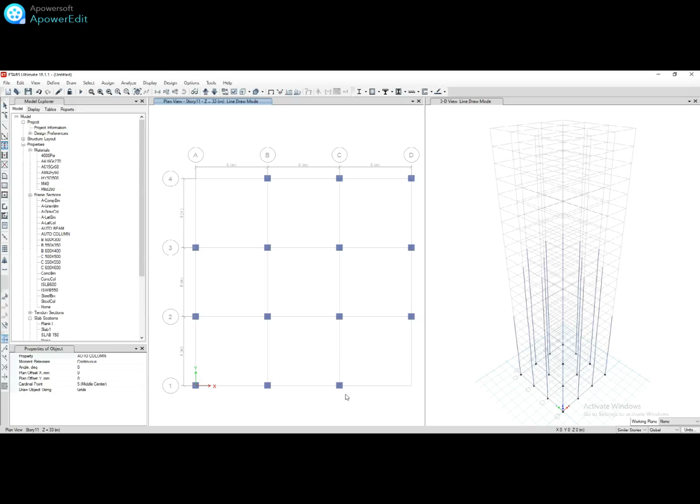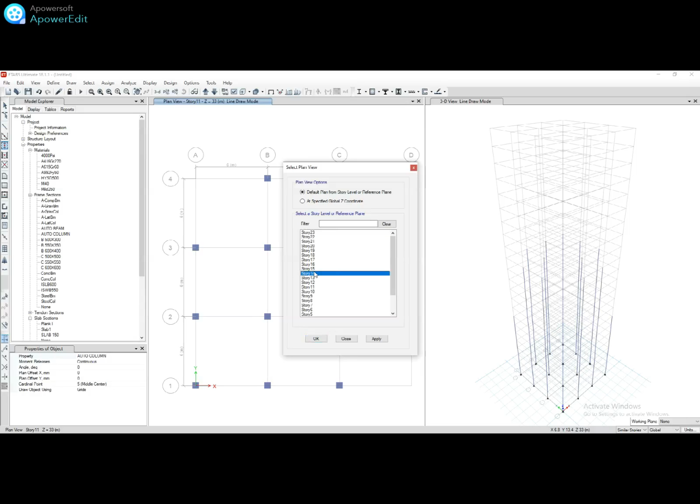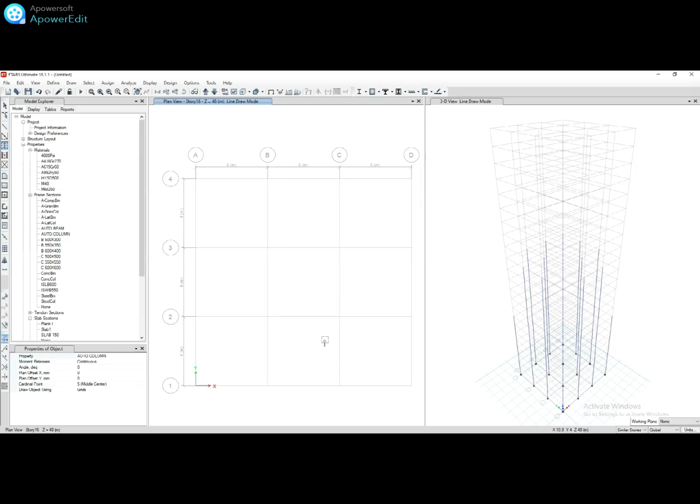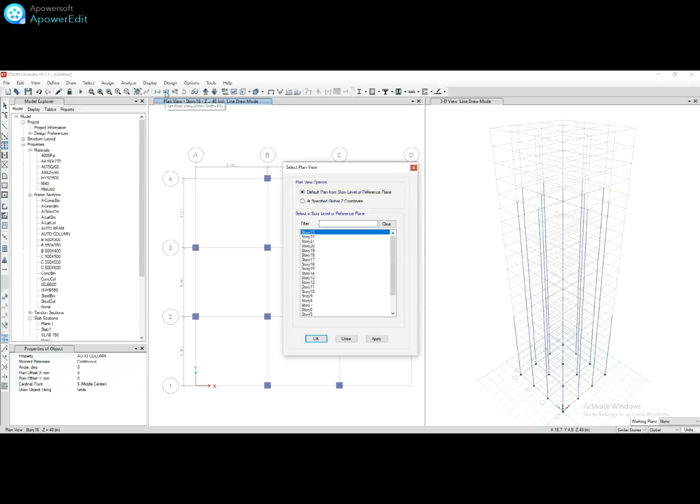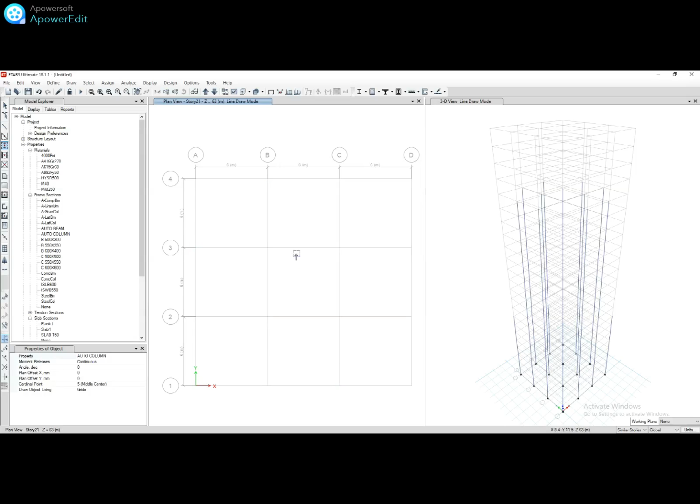Here the column is drawn, and after that again select the another story set 15 to 19, and drag the mouse to draw the columns. After drawing it, I have to select the story set 20 to 23, and by dragging the mouse just draw the columns. After completion of drawing columns,